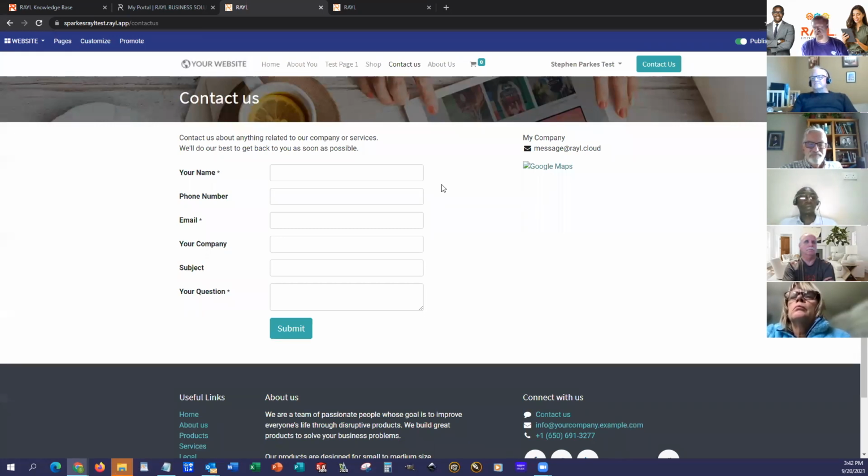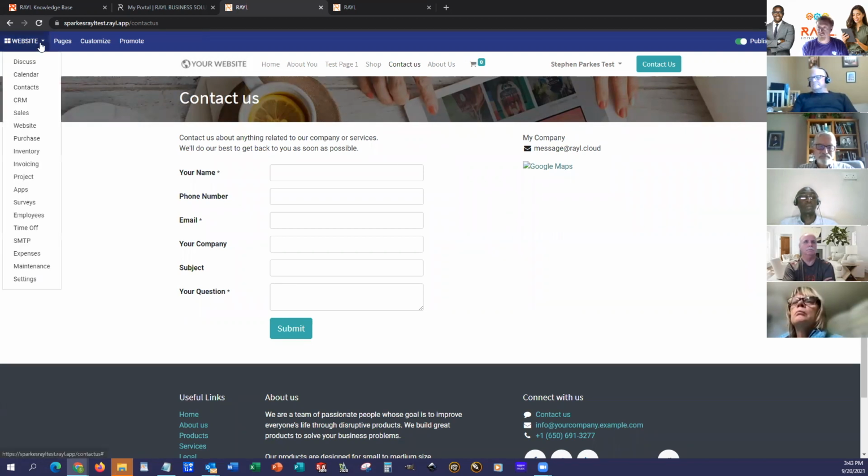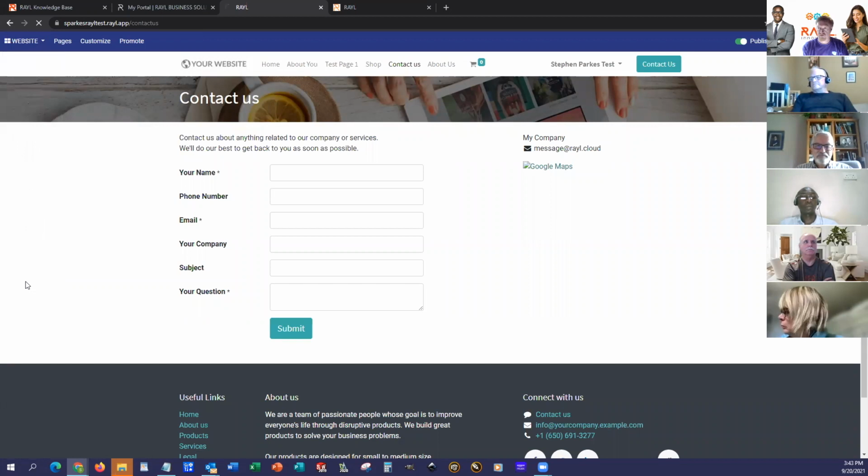You put information in and it populates other parts of the software. You see this area right here where it says my company, message@rail.cloud, and it has Google Maps. You can't edit this, but you can, because we're going to go to settings,